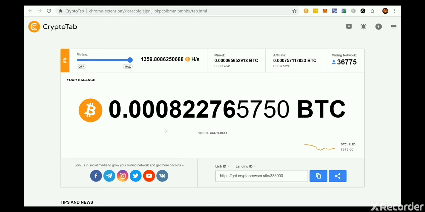And on my laptop, if anything, I'll just close it down just a little bit if it's too bright or whatever. But I literally leave the CryptoTab browser running almost all the time on my computer. I want it earning 24/7 whenever possible. Why? Because one of these days, these Satoshi